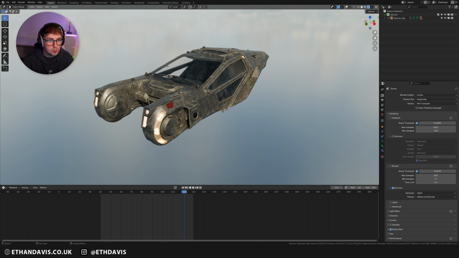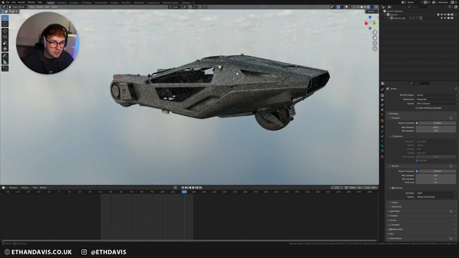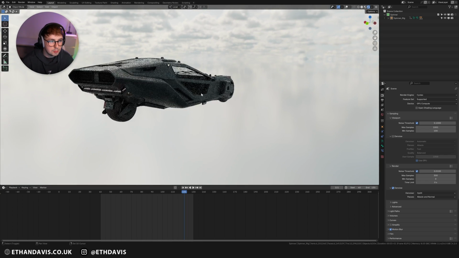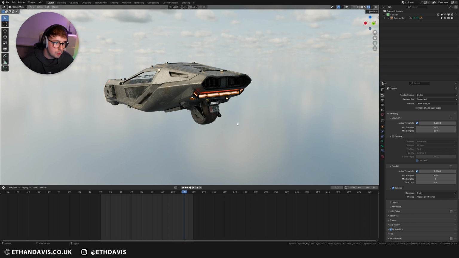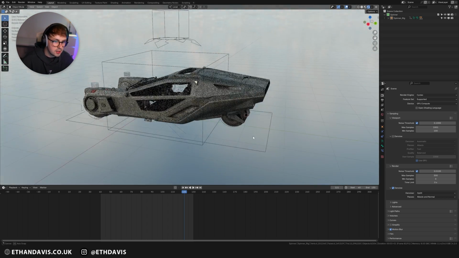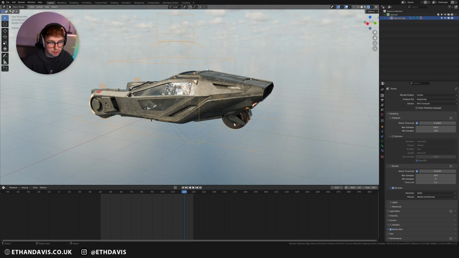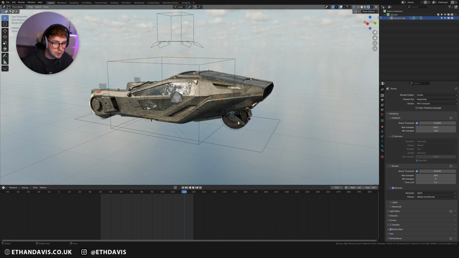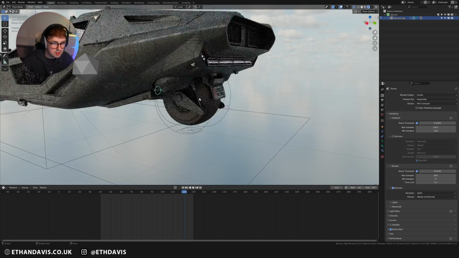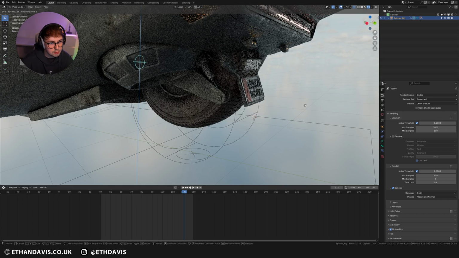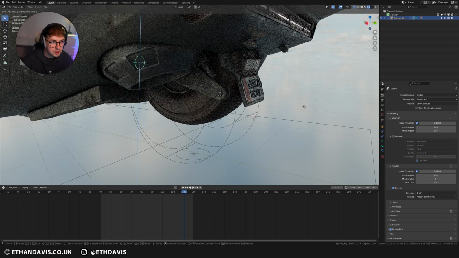Alright, so now we're in the Blender file and you can see we've got a lovely Blade Runner spinner, I think it's called. It's Case Spinner in the movie, but yeah, we've got it in the file and it is rigged, so I can control basically every part of the animation that I would want to. So for example, I can go into pose mode, I can bring up these arms. That doesn't actually work, it's because it's attached to this one, and you can see that it's actually making the pistons move up and down.